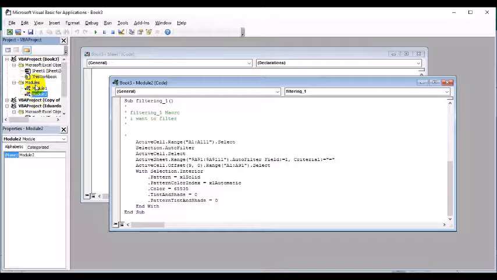When you record a macro, it is automatically created in module 1 only. Here I have already created module 1, so that is why it is taken another module. In module 2, it is showing the filtering macro, the name of the macro, and each word is actually started with a